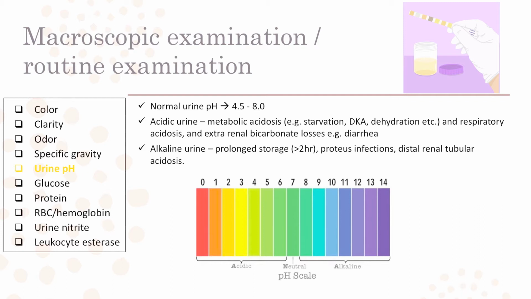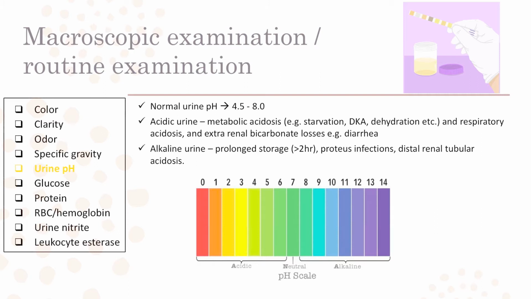Then urine pH. Normal urine pH is 4.5 to 8. Acidic urine, that means low pH, is seen in metabolic acidosis states, where the body is undergoing metabolic acidosis. Example, extreme starvation, diabetic ketoacidosis or dehydration states. Body goes into acidosis states, the acidic level of the blood increases. And respiratory acidosis, when the person is not breathing properly, then an acidic state starts happening, or extra renal bicarbonate loss, for example diarrhea. In diarrhea, because of the loss of extra bicarbonate, the blood becomes more acidic, so acidic urine starts coming out. Alkaline